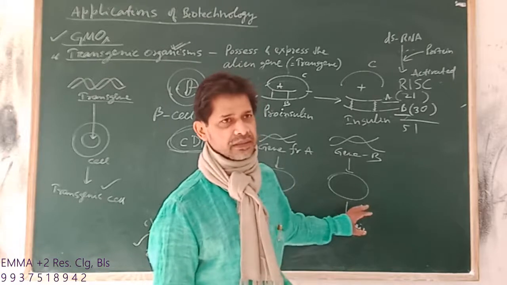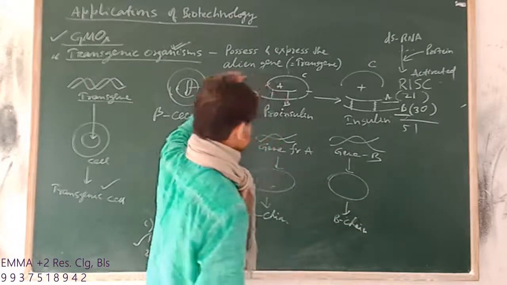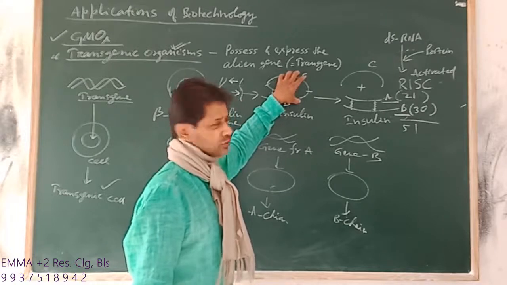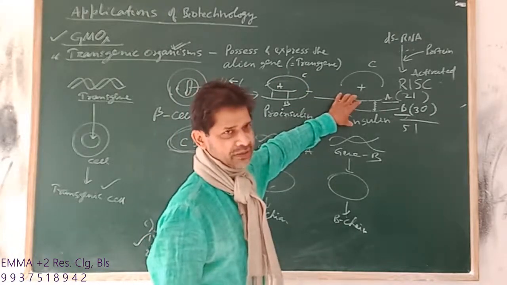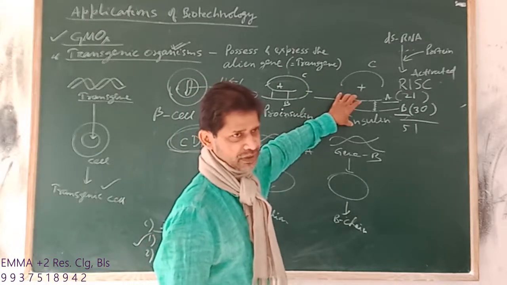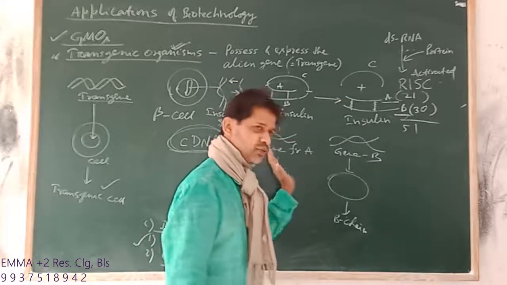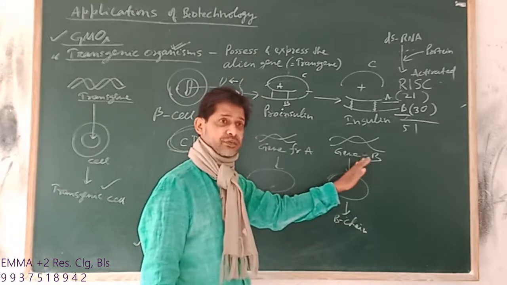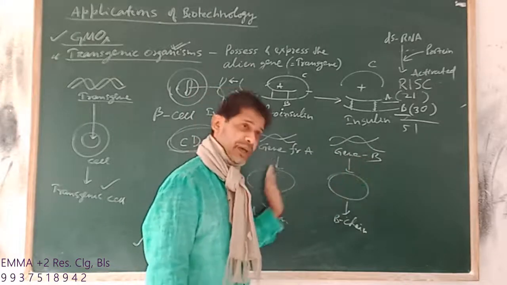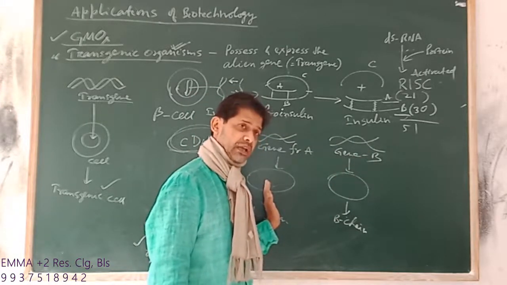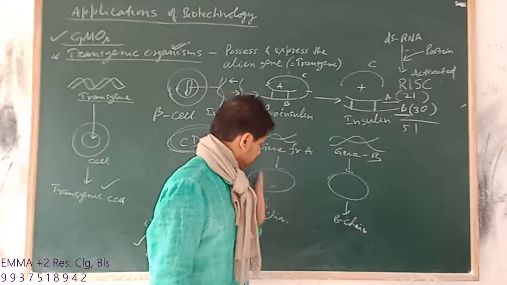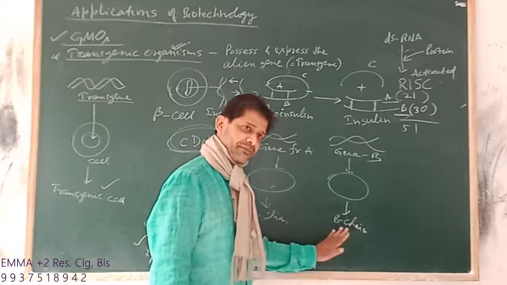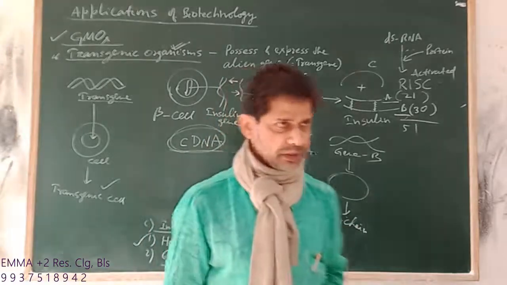This is the technique. If the insulin gene is introduced directly, mature insulin will never be produced. We may not obtain it. So that's why they produced separate genes, separate DNA sequences, and introduced them separately into E. coli bacteria. We obtain the A chain and B chain separately, and by fusing them, mature insulin is obtained.